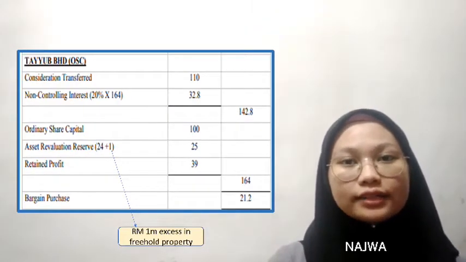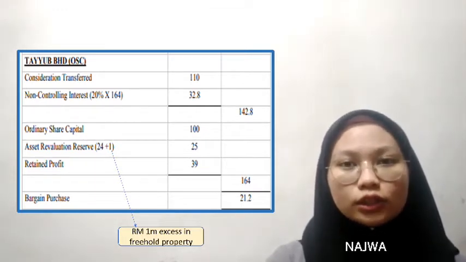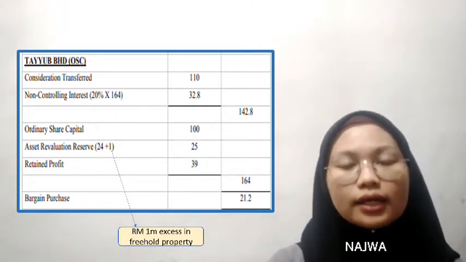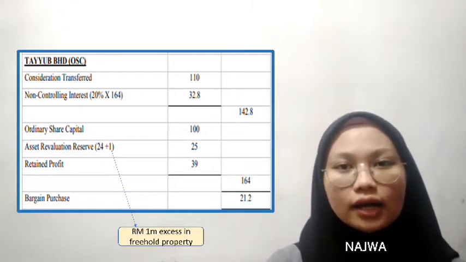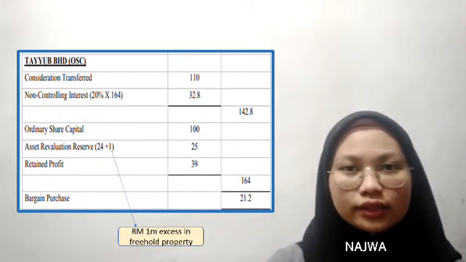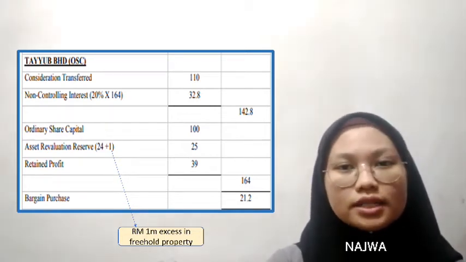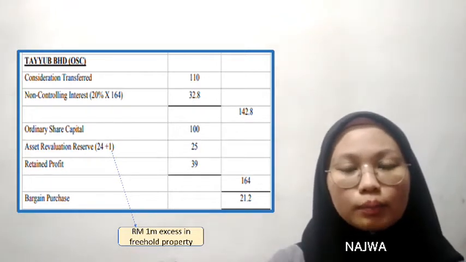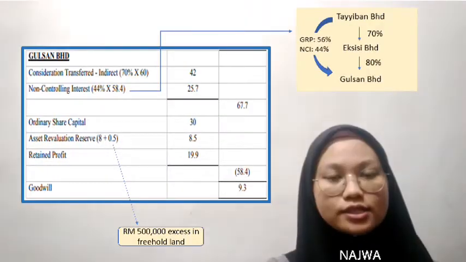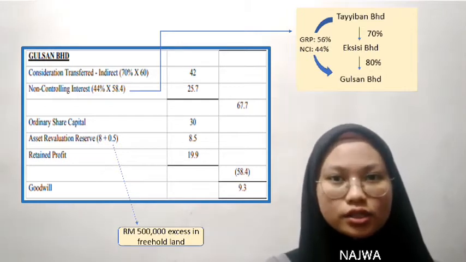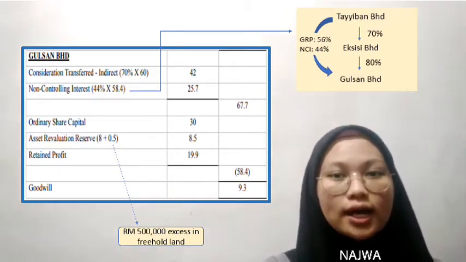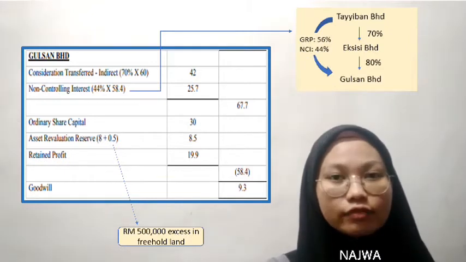In Tayub Berhad, the consideration transferred 110, NCI 32.8 million. So the total 142.8 million. Fair value of net asset, ordinary share capital 100 million, ARR 25 million, retained profit 39 million, total 164. The bargain purchase is 21.2 million. In Gulsen Berhad, the indirect consideration transferred 42, NCI 25.7, the total